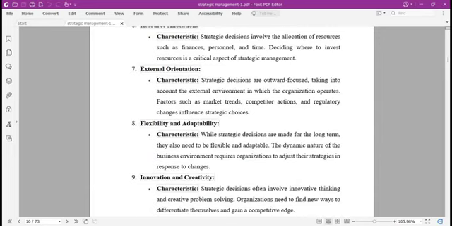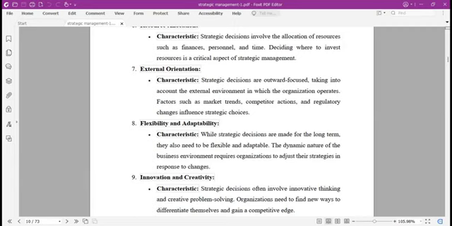Flexibility and adaptability. An organization has to be flexible. It has to be dynamic. Decisions made to ensure that an organization reaches its promised land must be flexible. It must be prone to change. It must be able to amend them. Should any risk, should any uncertainty, should any variable come in, there must be flexibility,